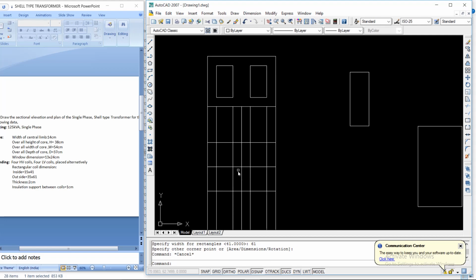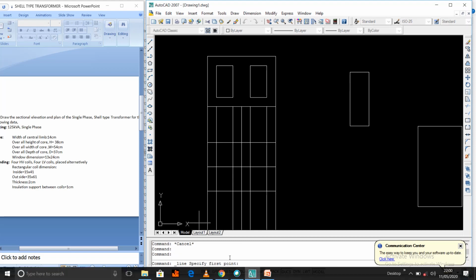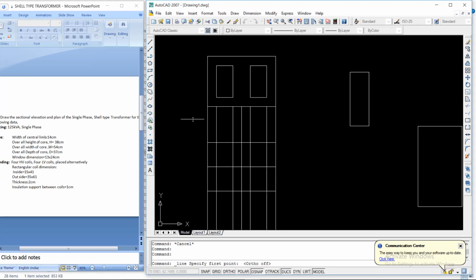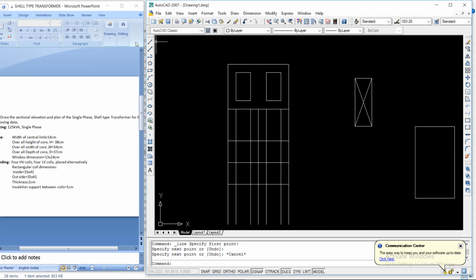Now we have to keep it here. For this, first let us draw cross lines by using the line from the drawing toolbar. Draw like this.